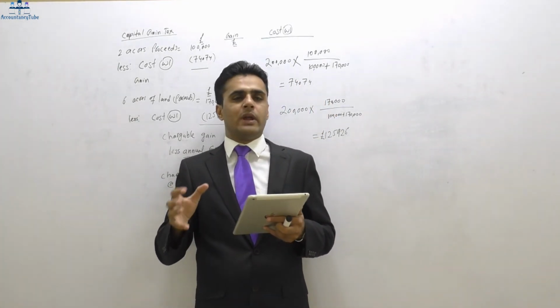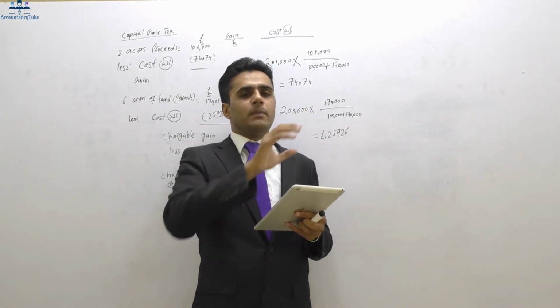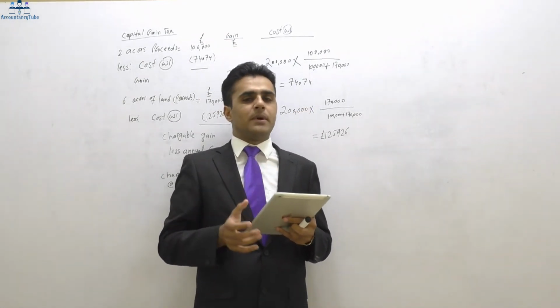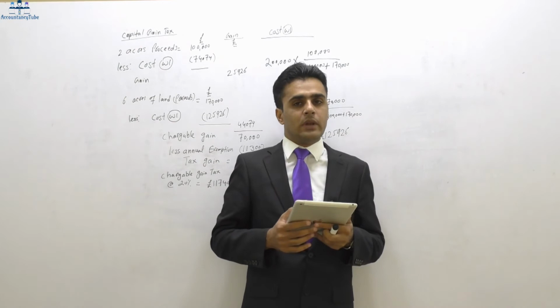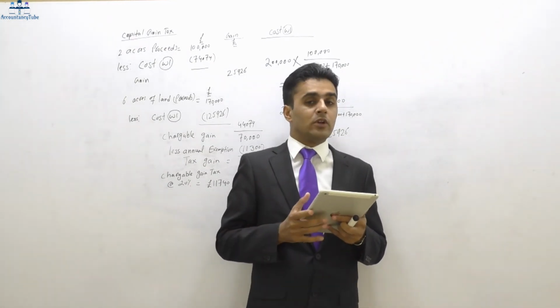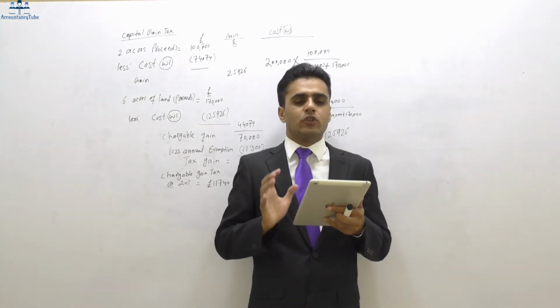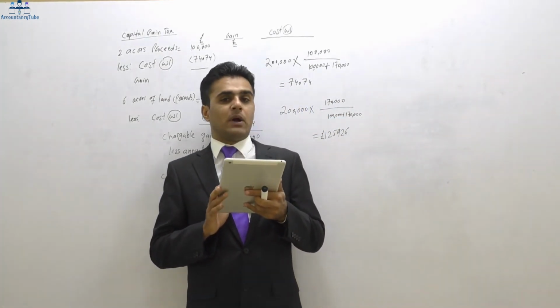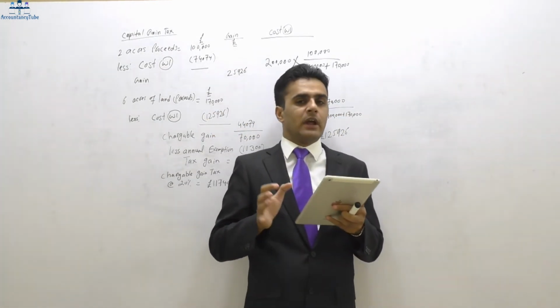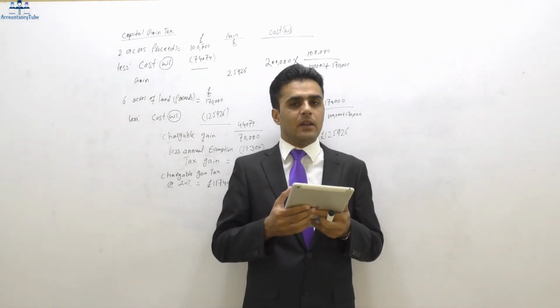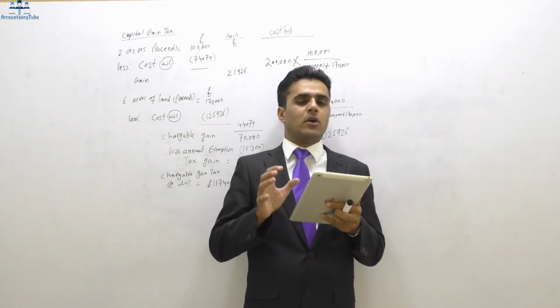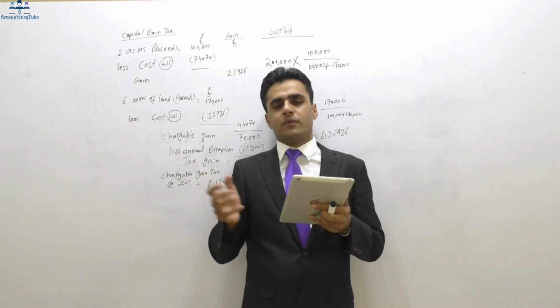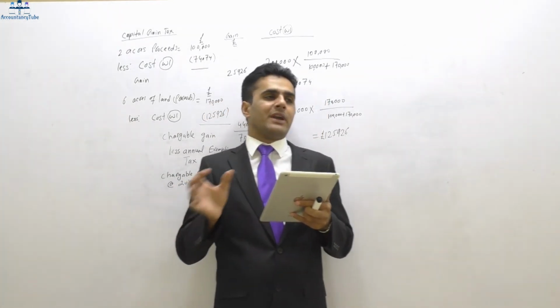So we cannot say I want to set off the loss, but I want to keep the personal allowance as well. We can't do that. So the personal allowance will be wasted, although it would be available in the previous year. However, £59,000 in the previous year and the £5,000 property income as well, so that whole amount can be set off. All right. Now, if we set it off against the previous year's